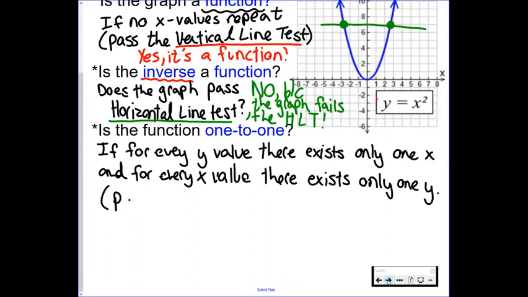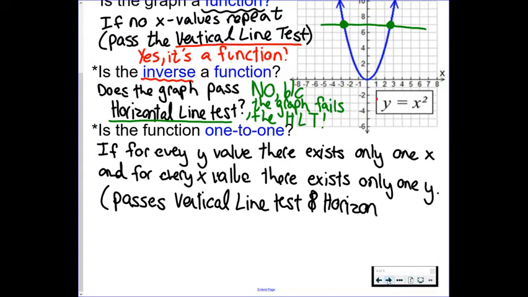In short terms, it just means that the graph passes the vertical line test and the horizontal line test. So the graph must pass both tests in order for the function to be one-to-one. It has to pass both the vertical and the horizontal line test. As you can see from our graph, it is a function, so it passed the vertical line test, but it did not pass the horizontal line test, which tells us that no, the graph